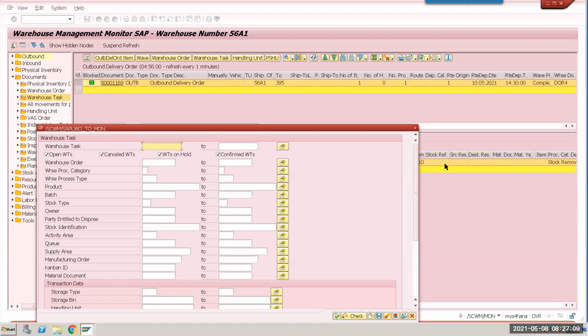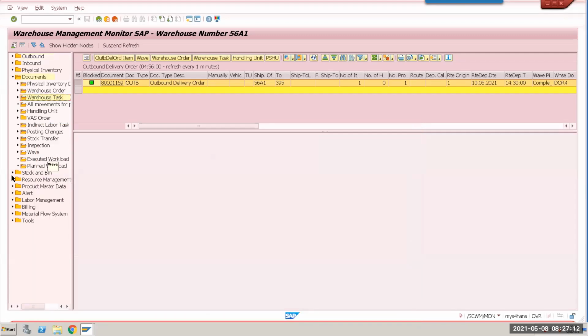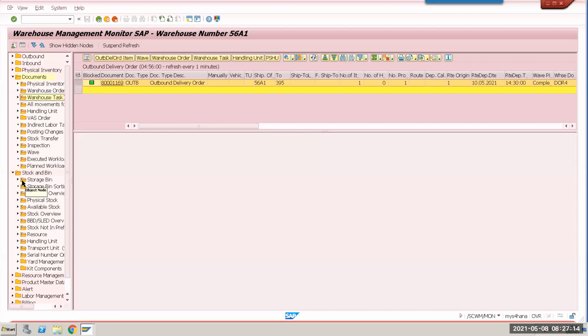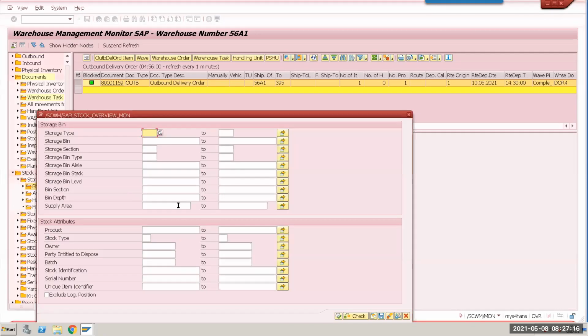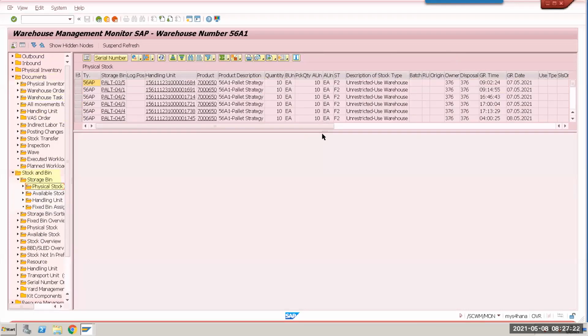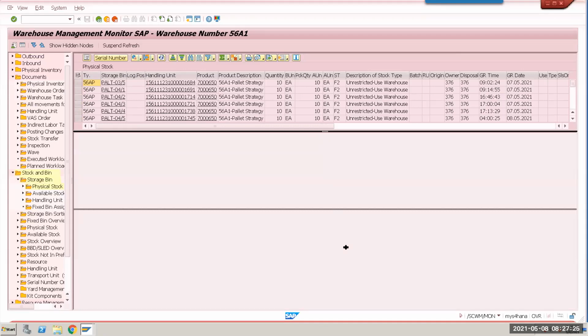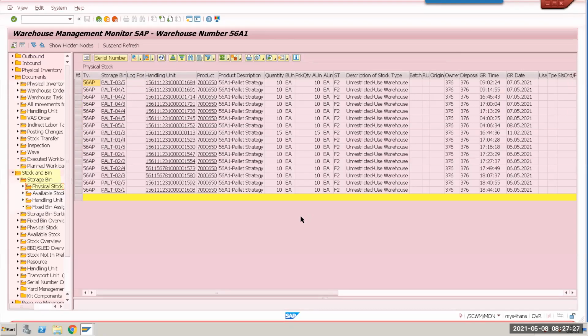So because of which one was it working? I think because of that storage bin type, right? No. Storage bin type, and then in the main storage type the pick point was not active. Okay, the main storage pick point was not active, so it was not considering it. So my physical stock 113 is having stock of 15 now.